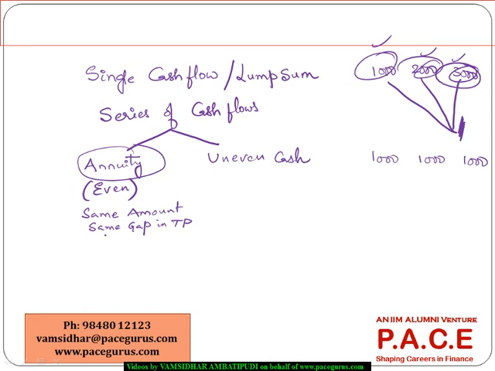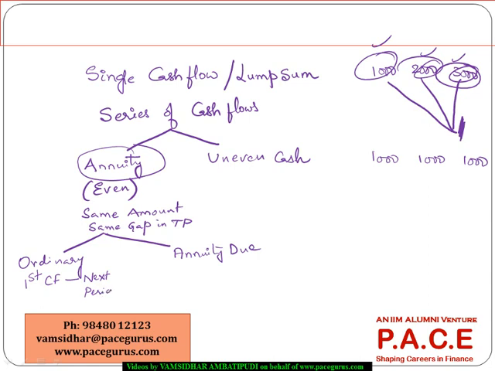Now within annuities also, there are two major classifications. One is called an ordinary annuity, the other is called an annuity due. One common factor is that we are going to have the same amounts at the same gaps in the intervals of time. But if the first payment, the first cash flow, happens one period from now, which is the next period, not now,